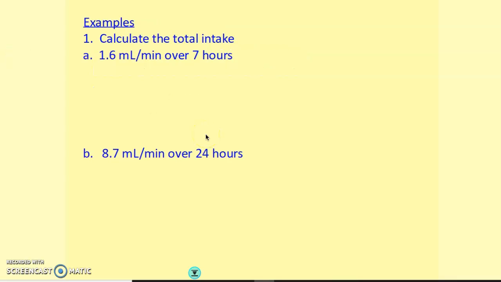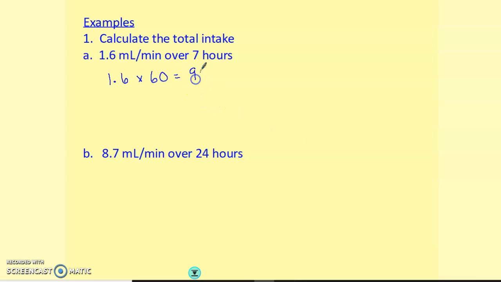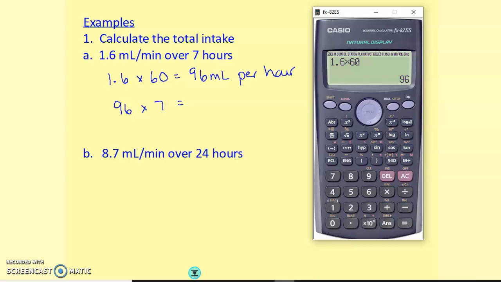So the total intake, first thing we want to find out is if we set this up, so we've got 1.6 millilitres per minute, how much would the total medicine be over 7 hours? Okay, so it's 1.6 millilitres per minute, 60 minutes in an hour. So if I do 1.6 times 60, we get 96 millilitres, that would be per hour. We want it over 7 hours, so we times that by 7,